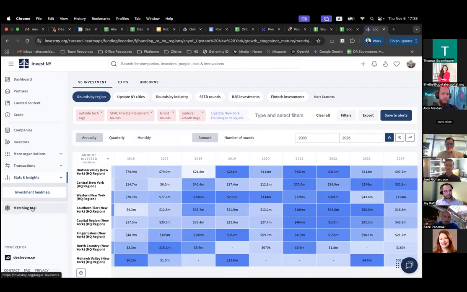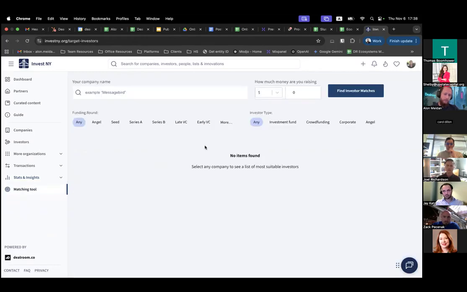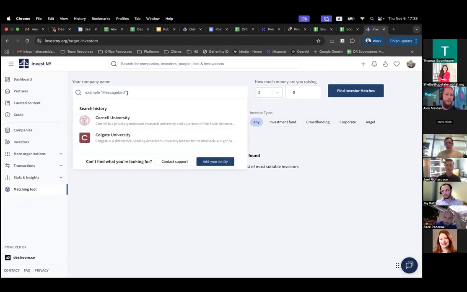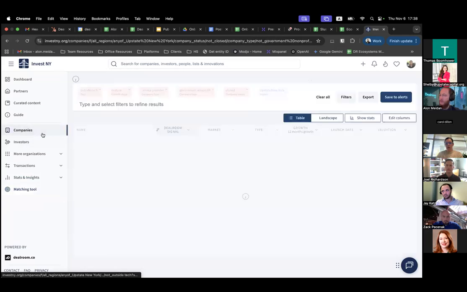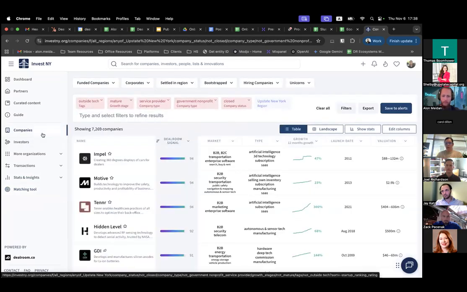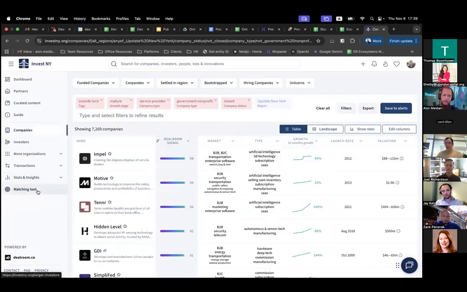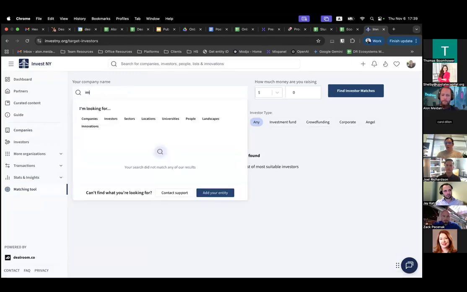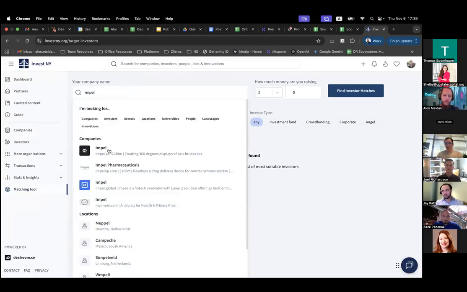The last item on the menu is our matching tool. This is really geared towards founders or people who are helping founders look for investors. And the way it works is quite simple. All you have to do is find a company here in the database. For example, let's go and pick these guys, Impel, and click it.